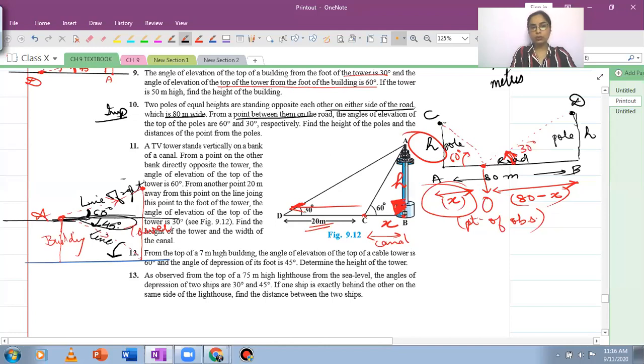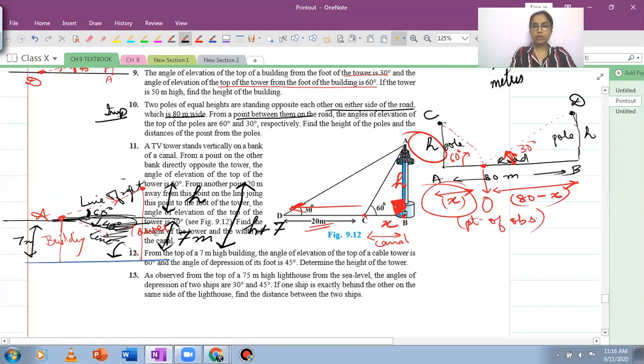You could also work with the other triangle over here. आप इससे भी काम कर सकते हो. Since you want to find out the height of the tower, you can just take it as h. But before that, mark the height of the building, which is 7 meters. So by symmetry, this part of the tower will also be 7 meters tall, and the remaining part above can be taken as h. In that way, the height of the tower will be h plus 7. This is how you can work.